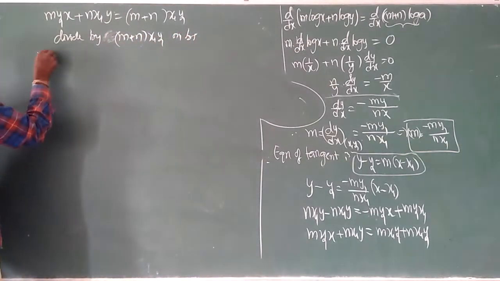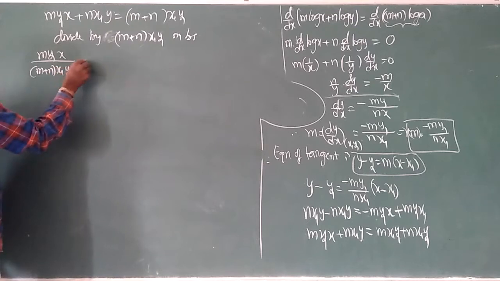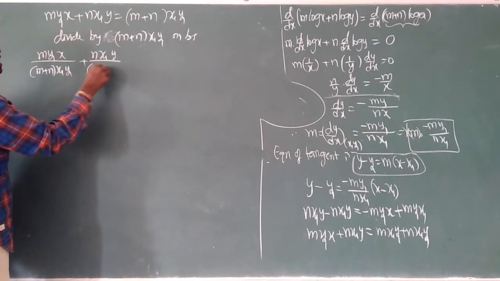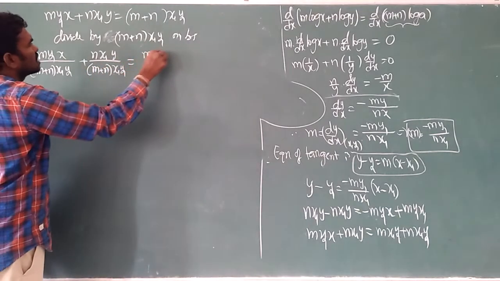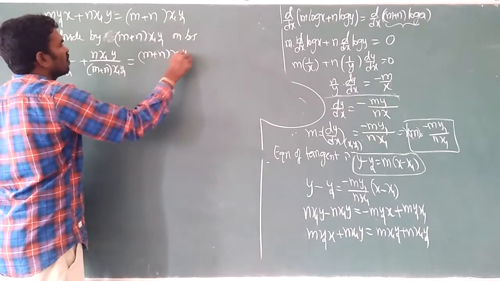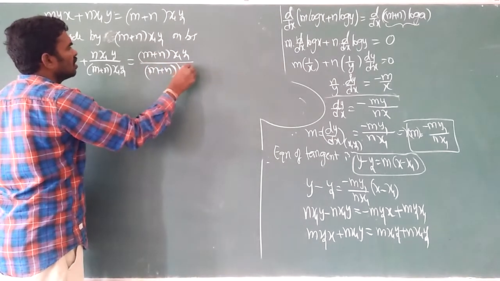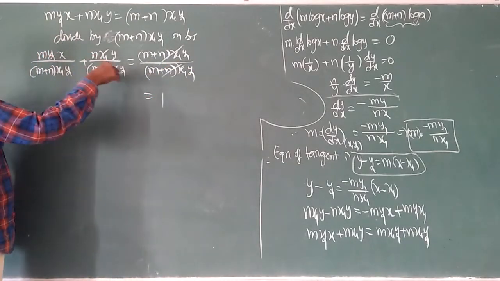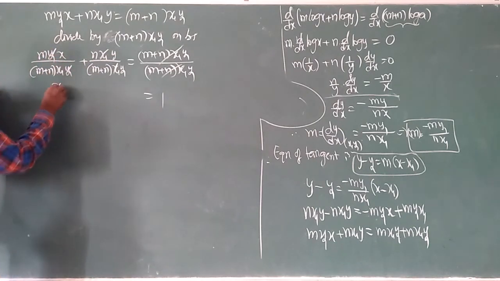Then m y1 x by (m plus n) x1 y1 plus n x1 y by (m plus n) x1 y1 is equal to (m plus n) x1 y1 by (m plus n) x1 y1, so that completely gets cancelled. We are getting one here. Here x1 only cancelled, here y1 only cancelled. The remaining is x by